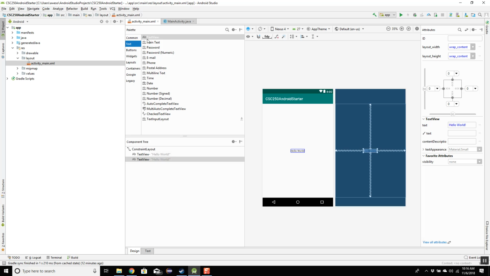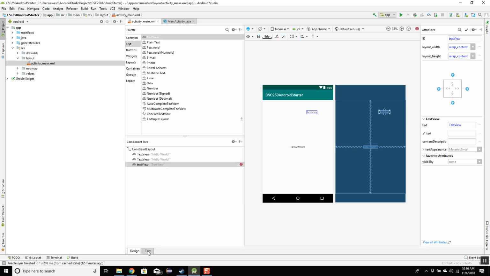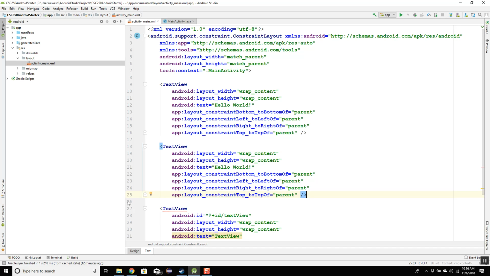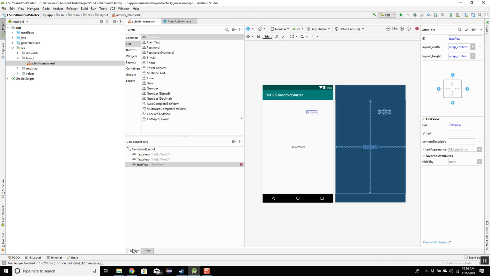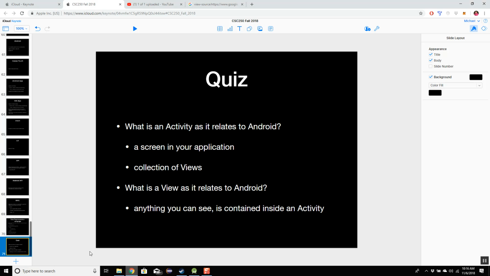Similarly, if I drag another text view out here somewhere, just put it up there, you'll see that in the text, I now have a third text view. Make sense? So we have a visual way of messing around with our interfaces. And for the historical context on that,